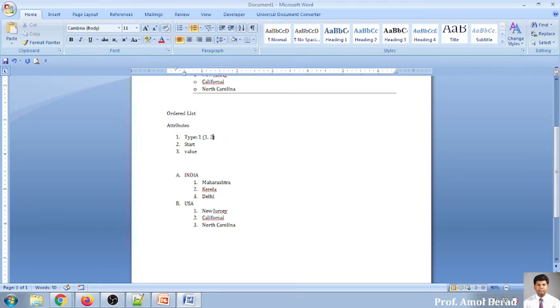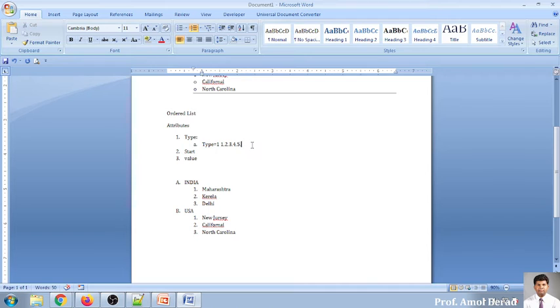If I'm putting type is equal to 1, the output I'm getting is 1, 2, 3, 4, 5, whatever number of items you have. So any of these values can be added into type.